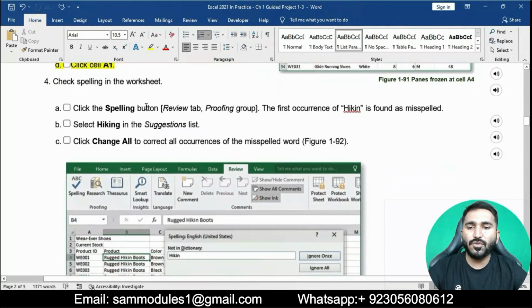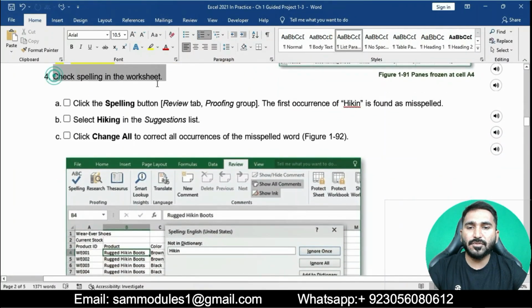Now question number 4 is to check spelling in the worksheet. Click the Spelling button.